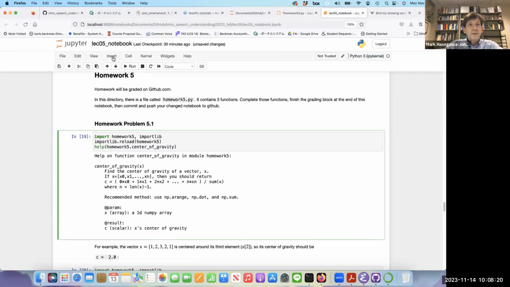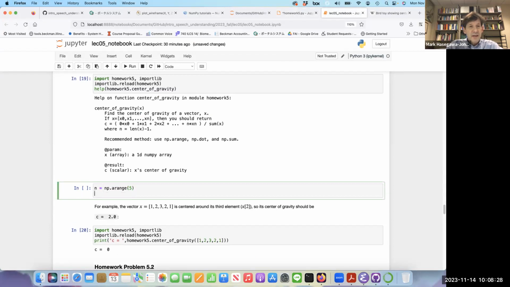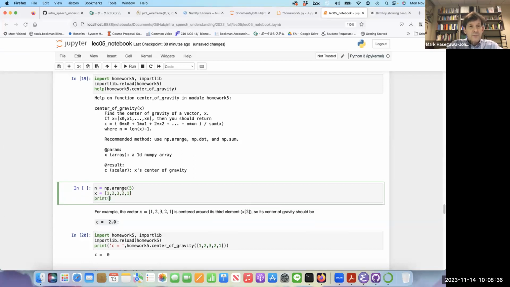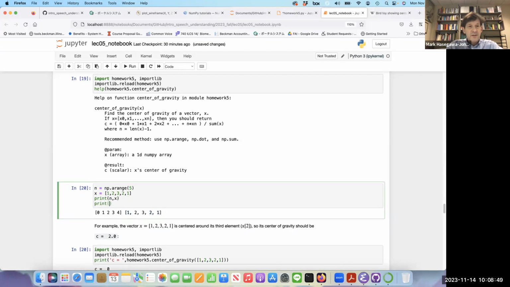So let's insert a cell below here. And let's say n is equal to np.arange(5), and x is equal to 1, 2, 3, 2, 1. And then if I do this, you see that n is 0, 1, 2, 3, 4, and x is the array 1, 2, 3, 2, 1. So if I dot product them,